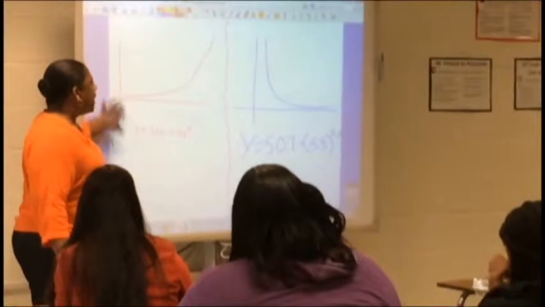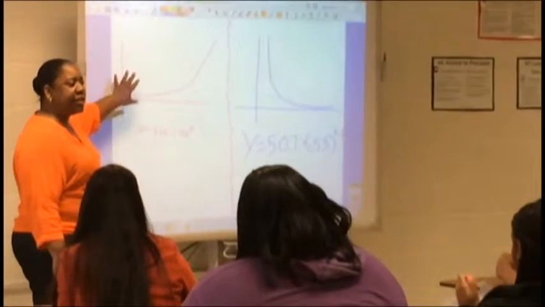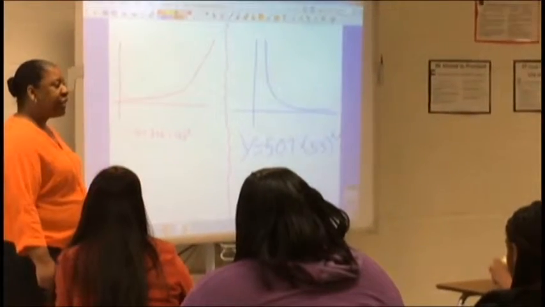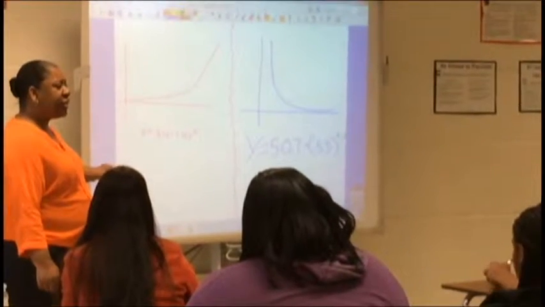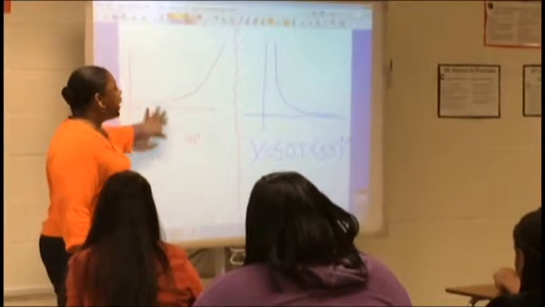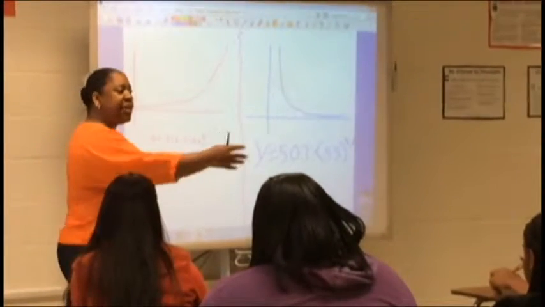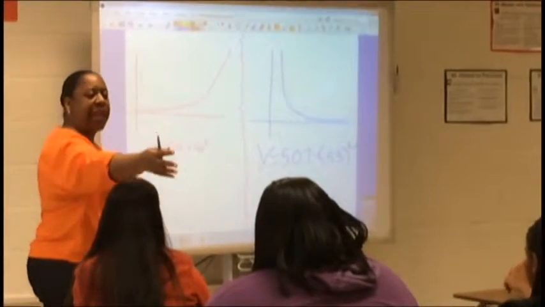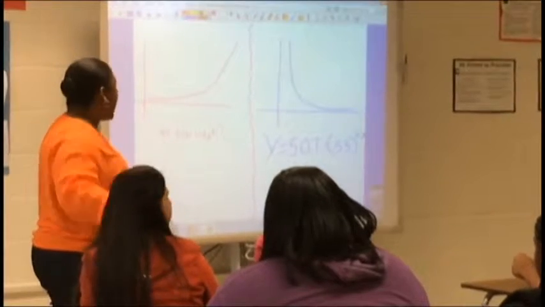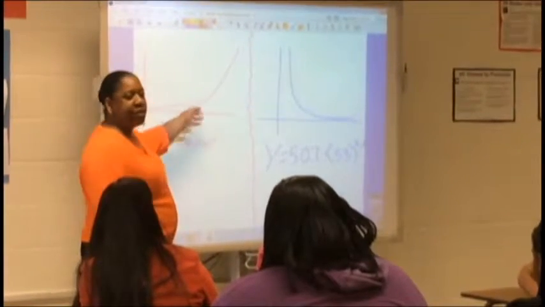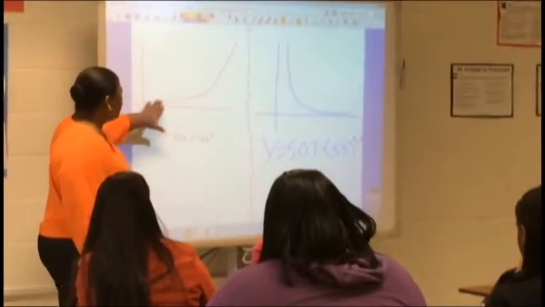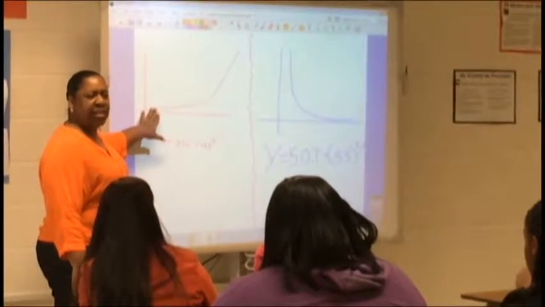So, what's happening to the person with cancer right here? They don't have any treatment. Maybe they don't have any treatment. What else might be happening? It's getting worse. What else might be happening? The stage of the cancer might be what? What stage do you think was happening right here?